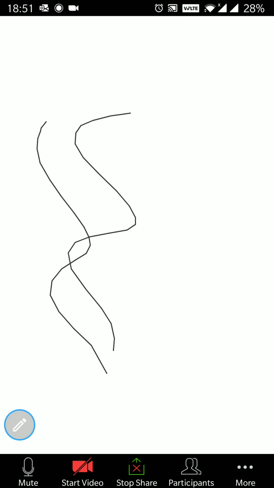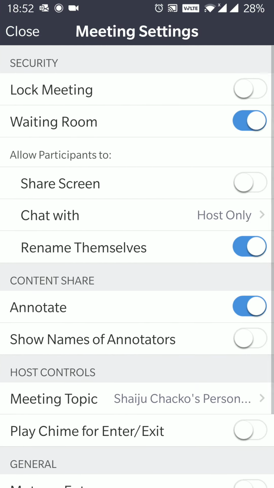Now, how to do that? Before you start using your formatting options, and your screen has been just set, once again, go below there, look at these three dots, more, go to meeting settings. All you need to do is come down to content share. There it is written annotate. So what students are doing is they're annotating your screen. The magic is to disallow or disable. Now students will not be able to use this. So this is something that you need to keep in mind. Disable annotate while screen sharing.